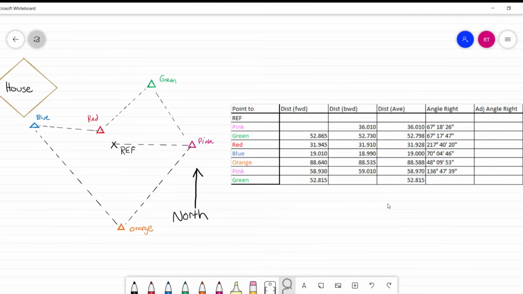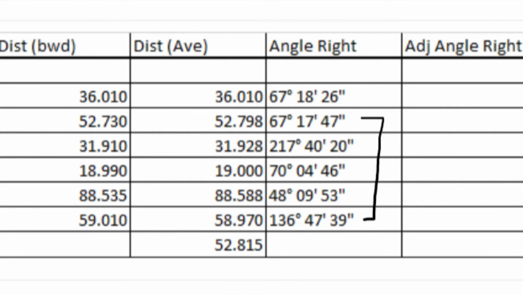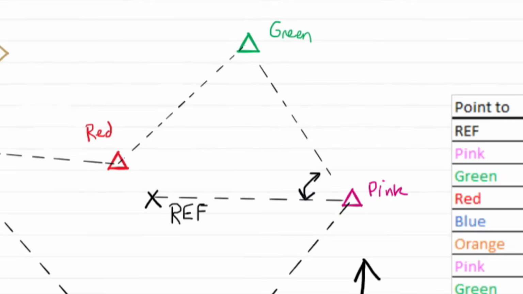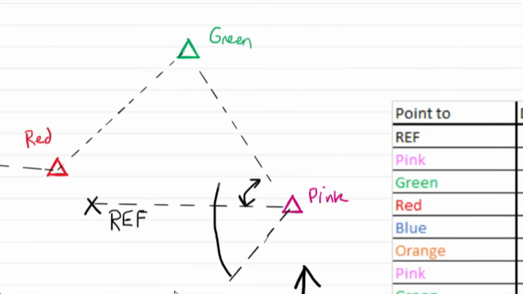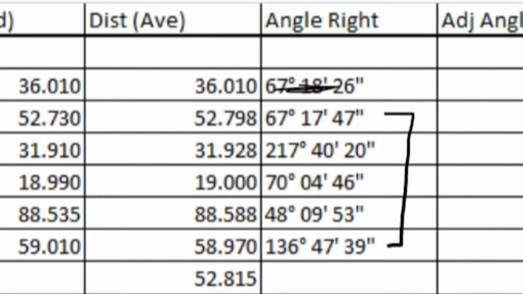Now the first step is going to be to add up all of our internal angles so that we can calculate what our misclosure is. Not all these measurements are internal angles, everything except for the first one is, because remember, that angle is this angle right here, and that's not necessarily going from one line to the other. That's why we measured this last one right here, which is actually from here to here. So just disregard this angle right here when we're adding up our angles.